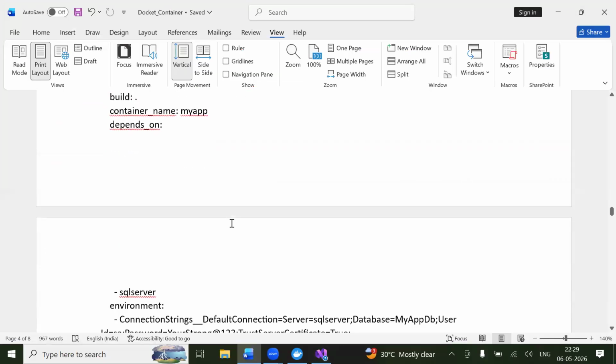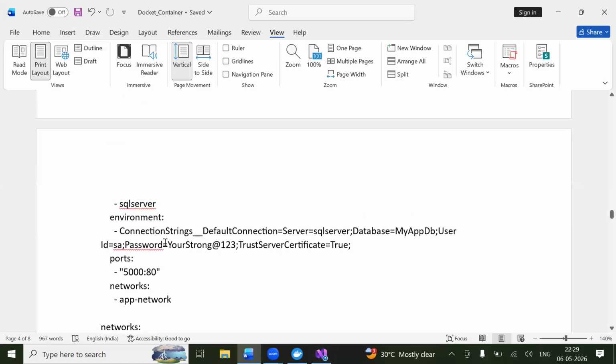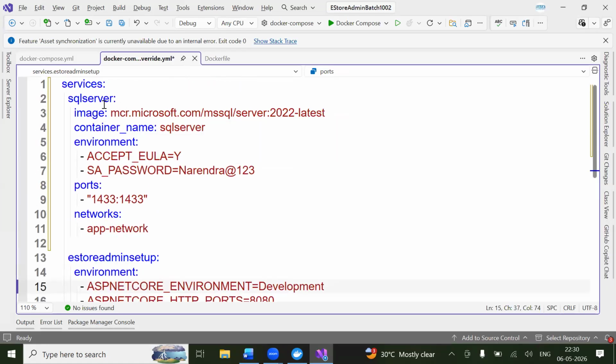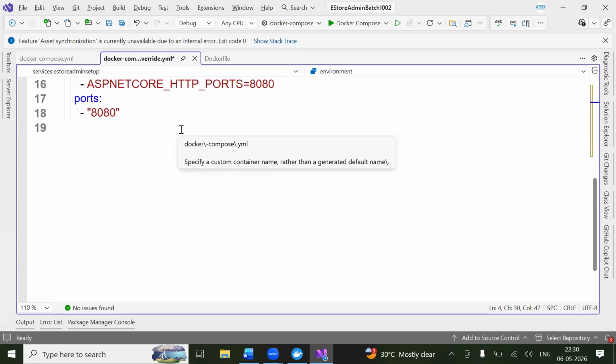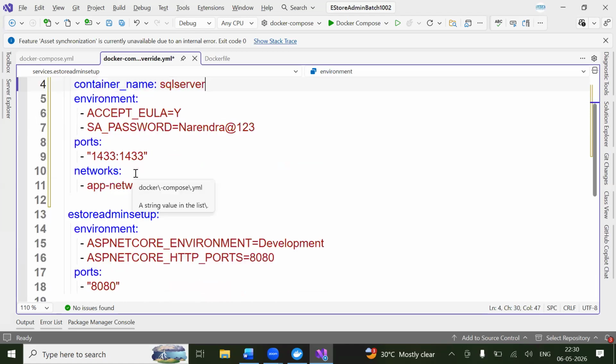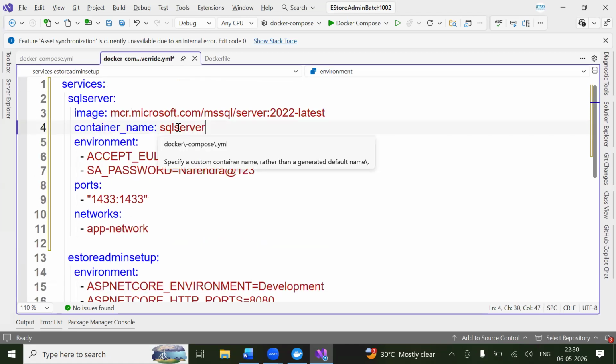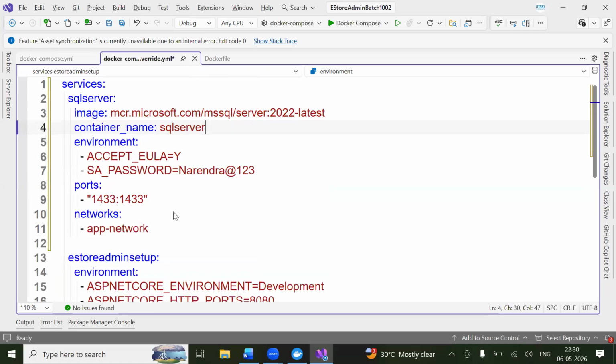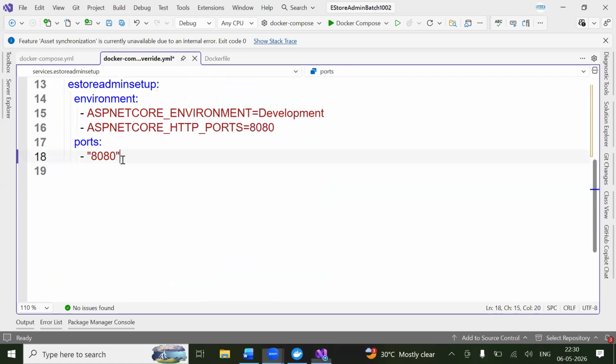Okay, now you go down, and this port number comes under this application, which depends on this SQL Server image or not. So see, this front-end application will depend on this SQL Server or not. Whatever data you are entering into the front end should go and be stored in the SQL Server. So before I deploy the package, I have to install SQL Server. So that is why you need to have